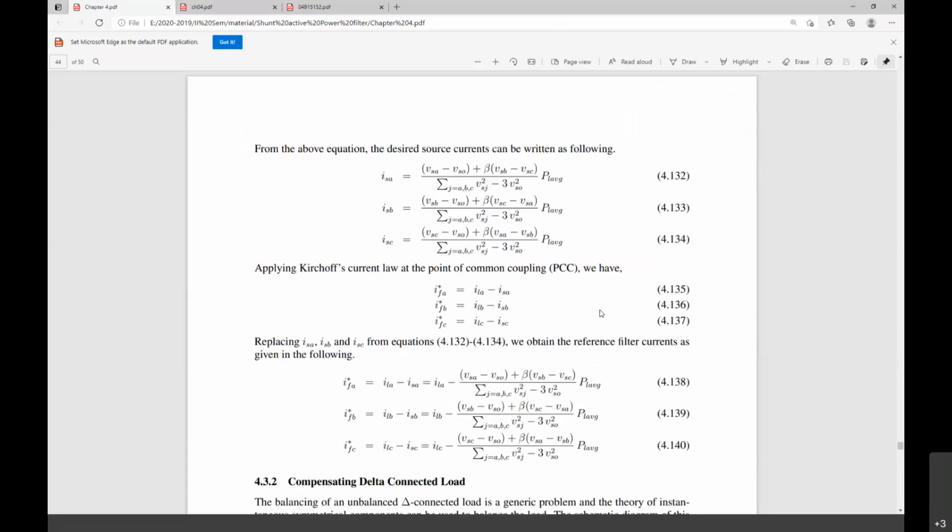Actually, we are looking at generating the reference source currents or the reference filter component currents by using the instantaneous symmetrical component theory. That was the discussion which we had in the last class, and there are three objectives which I would like to, I mean, in deriving these particular currents. In deriving these currents, they have considered the three conditions of the source current.